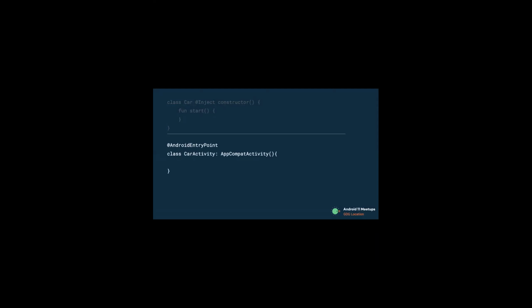That means AndroidEntryPoint generates an individual Hilt component for each Android class in our project. These components can receive dependencies from their respective parent class.